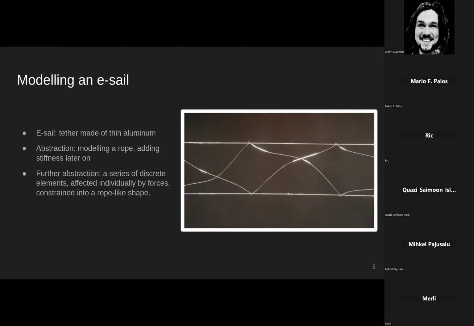So in order to simulate that, there's an abstraction to be made, which is to instead model a rope, like one tether, let's say, and then this multi-tether can be added by scaling the values. So the first step would be to model a rope and then add some stiffness to the rope, because aluminum has some stiffness to it. It is flexible but not limitless. And